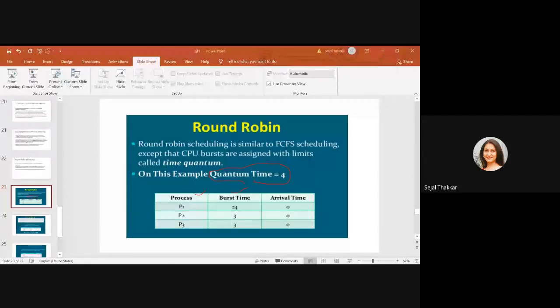Here the time quantum is 4. Even the time quantum they can give is 2, 3. Any time quantum can be given in an example. So the processes are P1, P2, P3. Burst times are 24, 3 and 3, and the arrival time